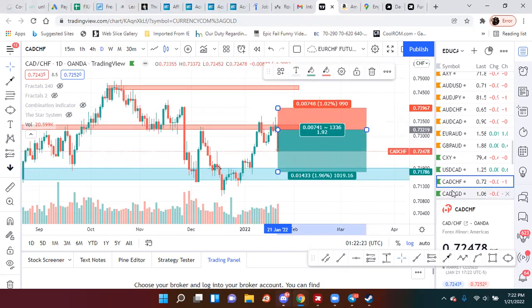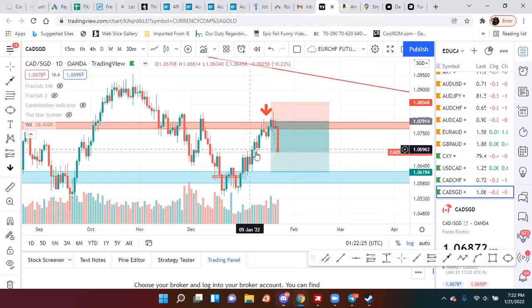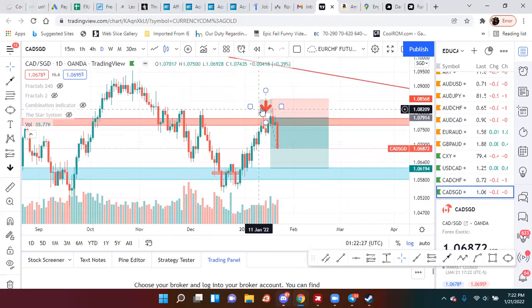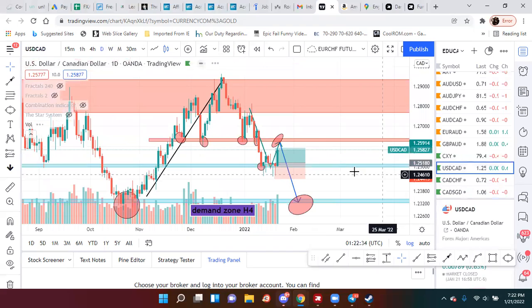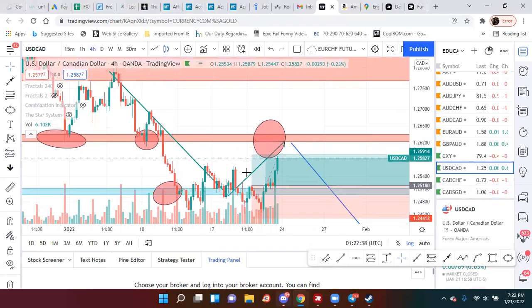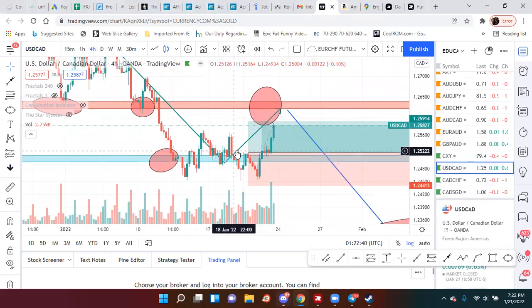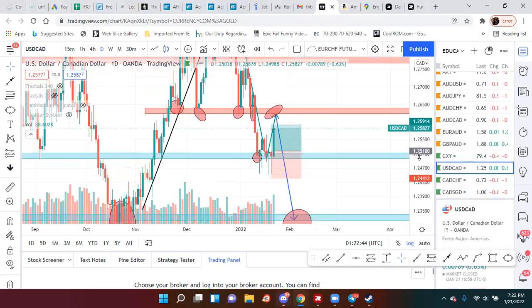And then I took CAD Singapore. I love CAD Singapore, so I took it because I saw that there was going to be bearish pressure right there on my account. Let's see what happens from that. USD CAD hit TP because I saw that Canada was weakening, and I already got USD CAD coming back up here anyway. And then once it comes back up here, I want to take